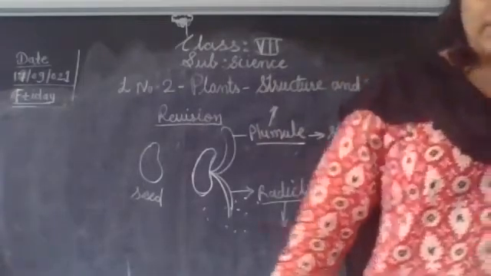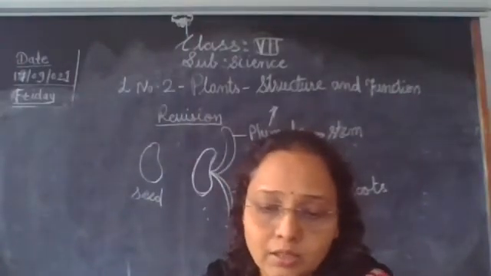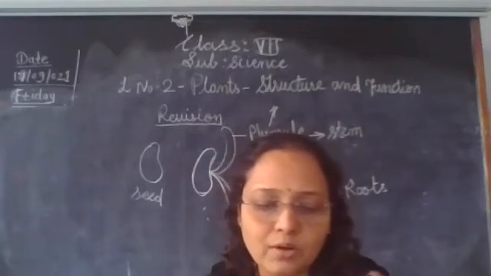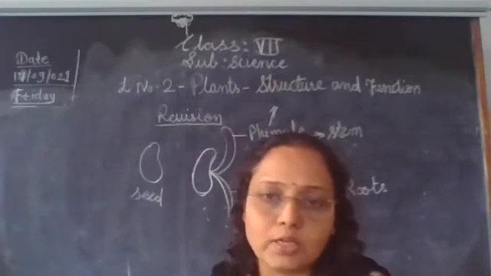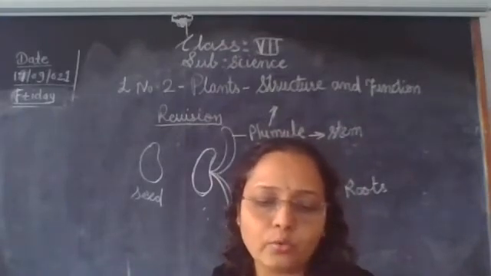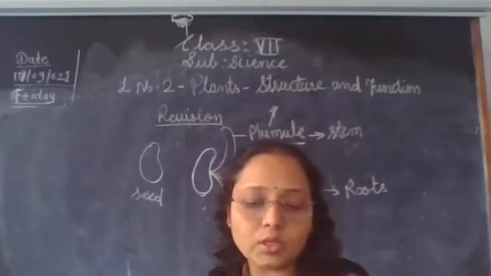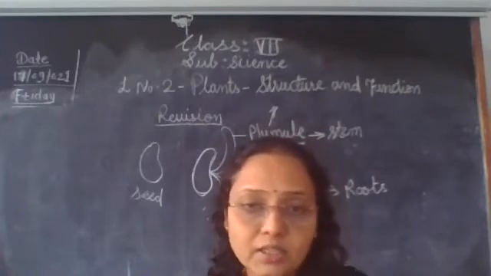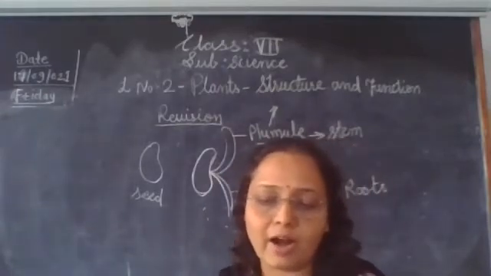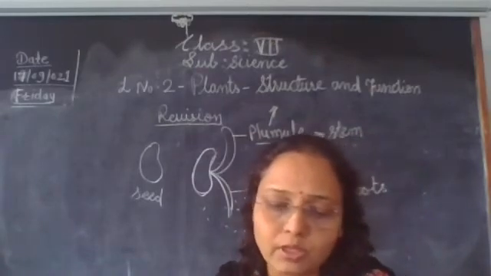Now, the root that forms from the radicle grows into the ground. The root is thick near the ground and gradually tapers to pointed ends. This part of the plant growing below the soil for support is called a root. The roots of some plants produce secondary roots that grow obliquely and spread far and wide in the soil. The roots support the plant. One type of root is called a taproot.